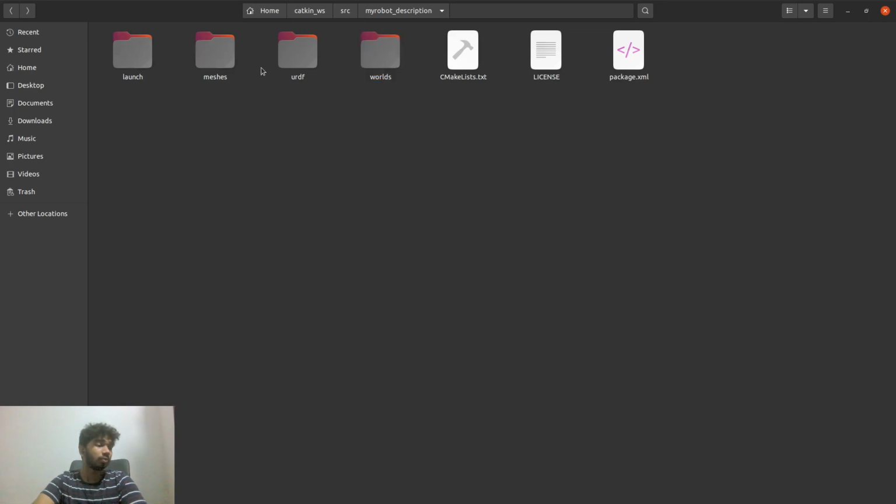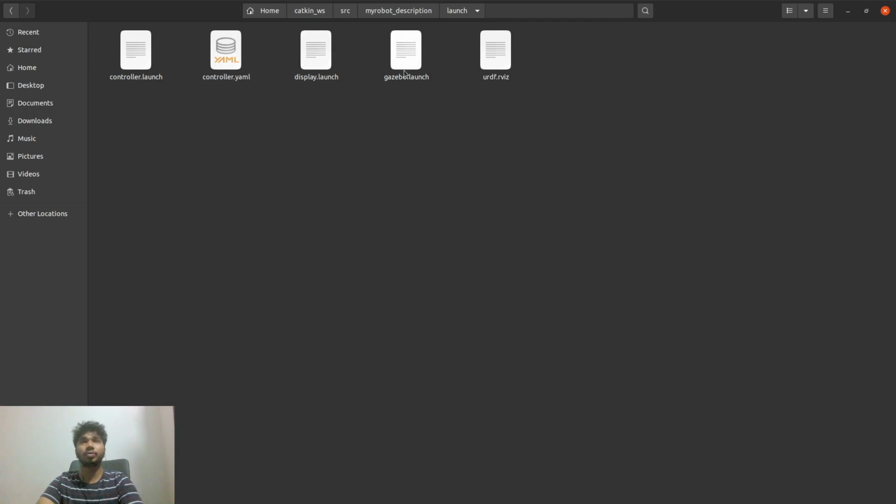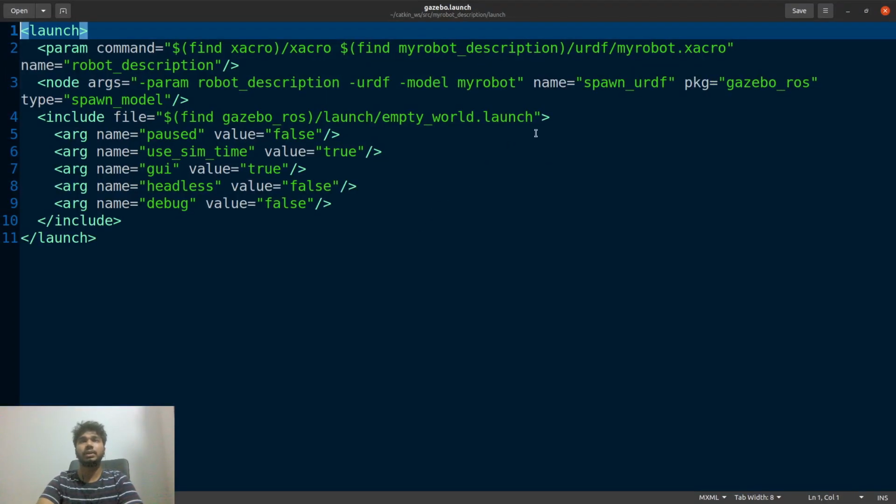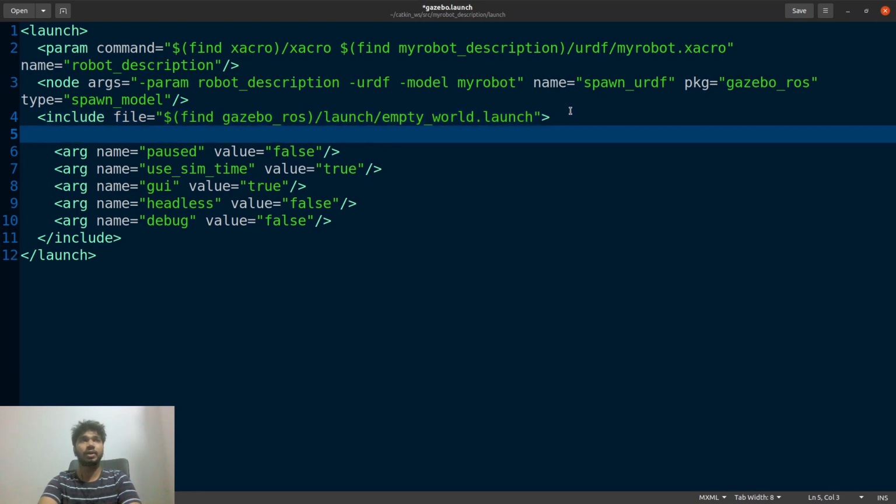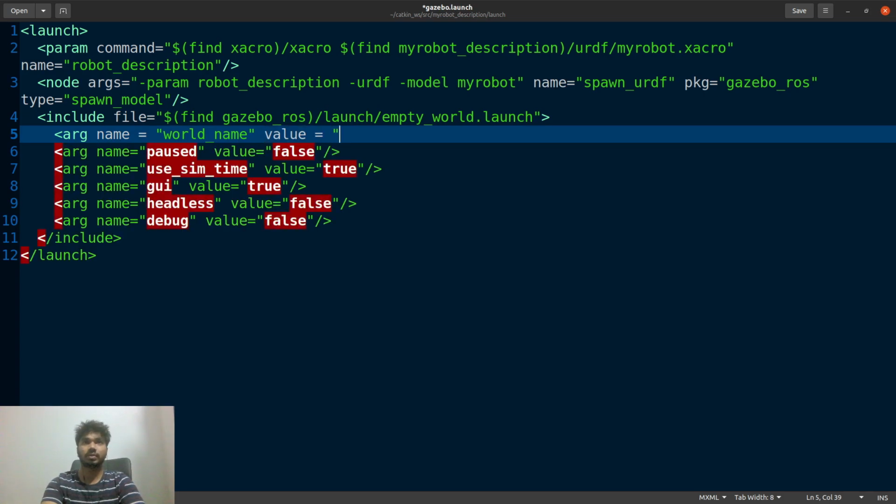So what we can do next is edit the launch file so as to launch our robot in the environment we created just now. To do that, we can pass an argument with the name world_name. With this, if we pass the value of the file we just created, we can actually spawn our robot in the Gazebo environment that we just created. So the value will be the path to the file that we created.